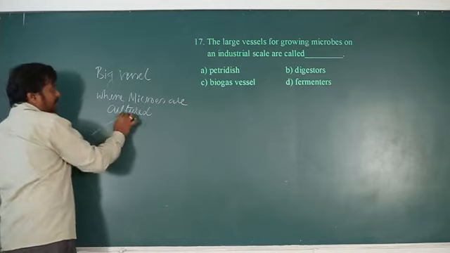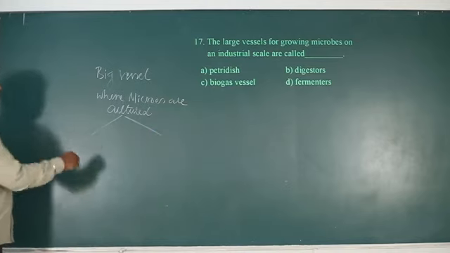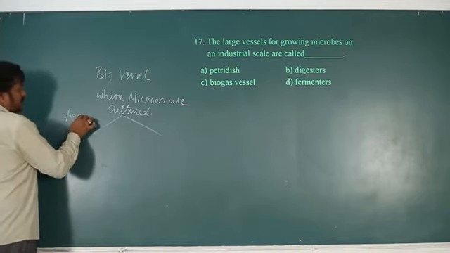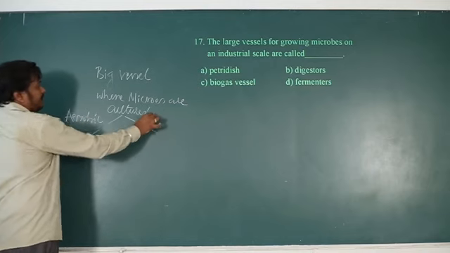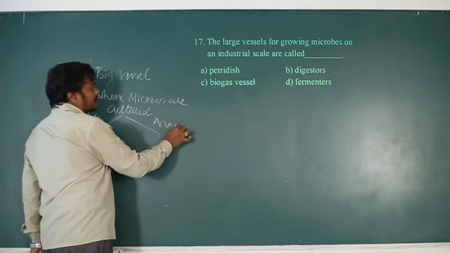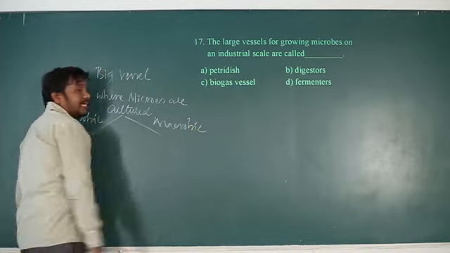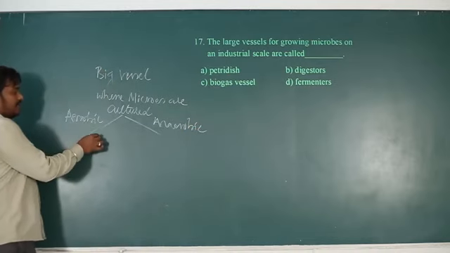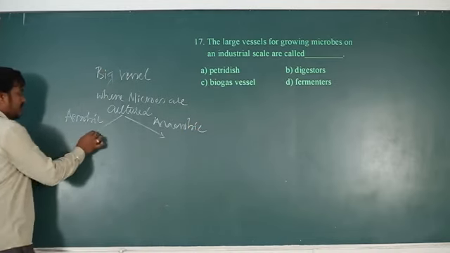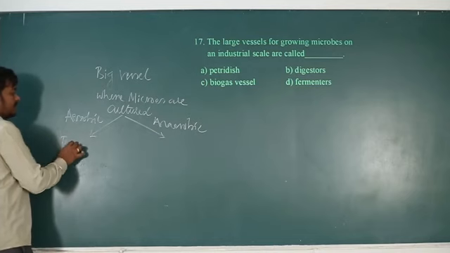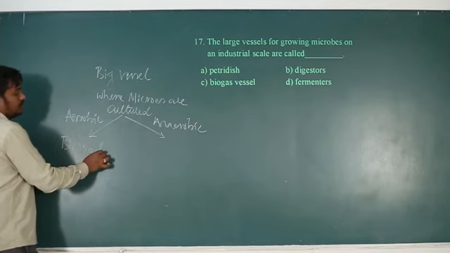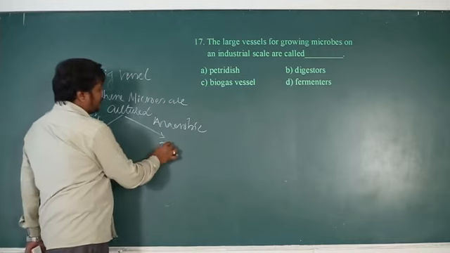They are called by two different names, one for aerobic organisms and one for anaerobic organisms. For aerobic organisms, to get the product, it is called a bioreactor. For anaerobic, it is called a